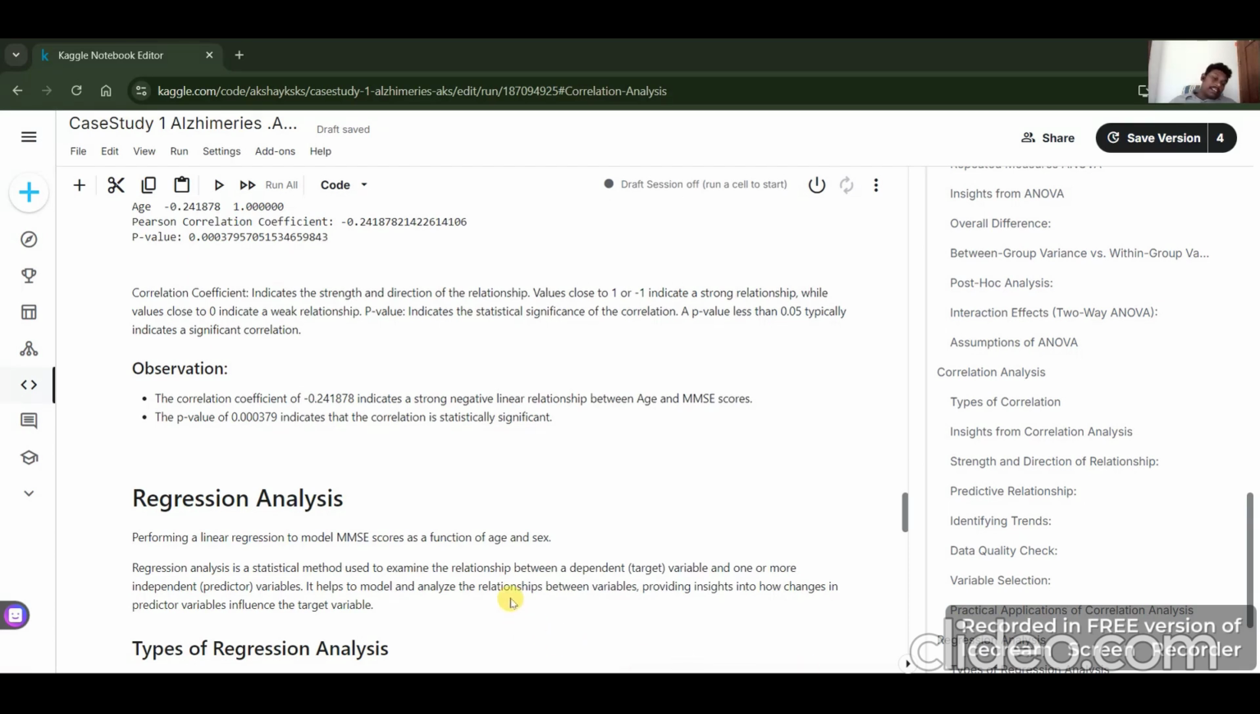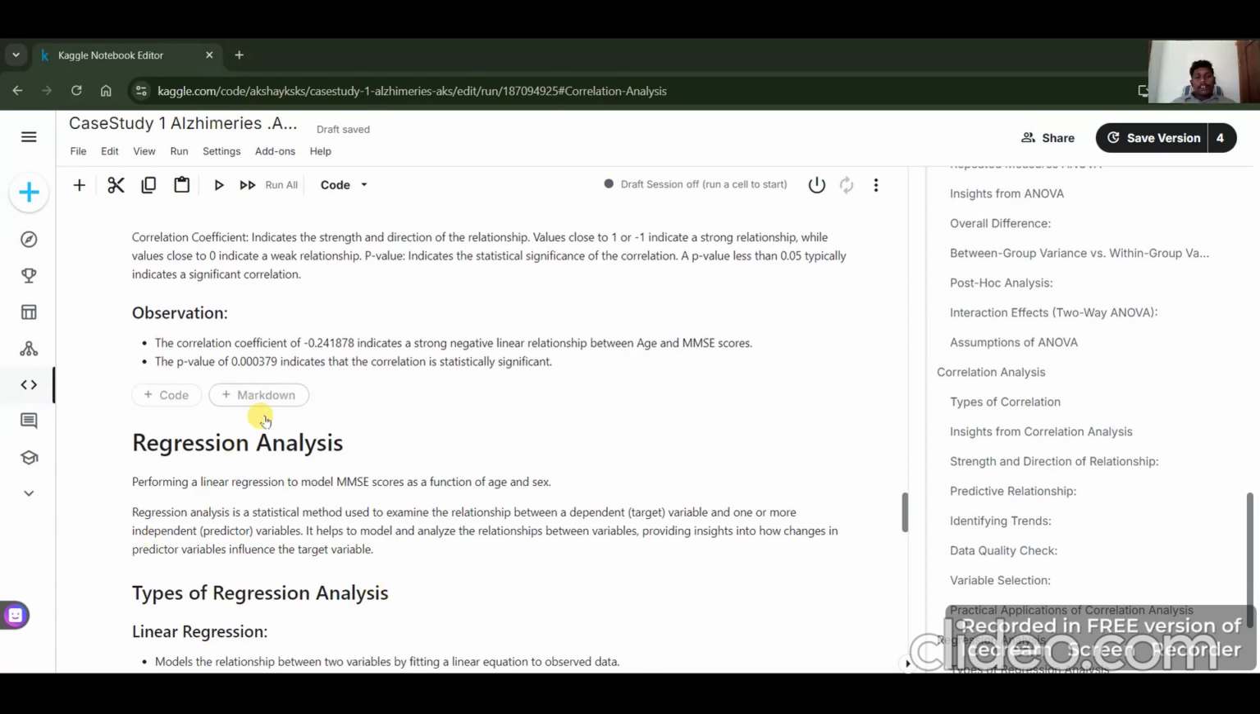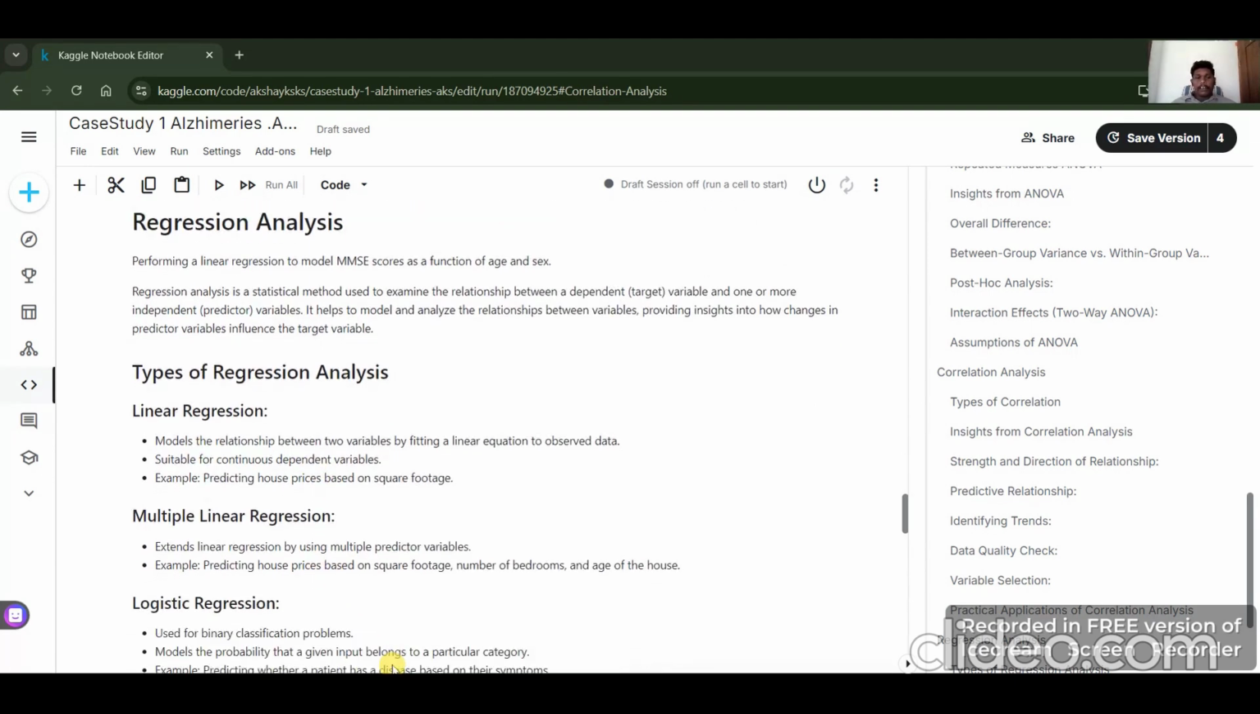Performing a linear regression to model MMSE scores as a function of age and sex. Regression analysis is a statistical method used to examine the relationship between a dependent variable and one or more independent predictor variables. It helps to model and analyze the relationship between variables, providing insights into how changes in predictor variables influence the target variable. Types of regression analysis: linear regression, multiple linear regression,